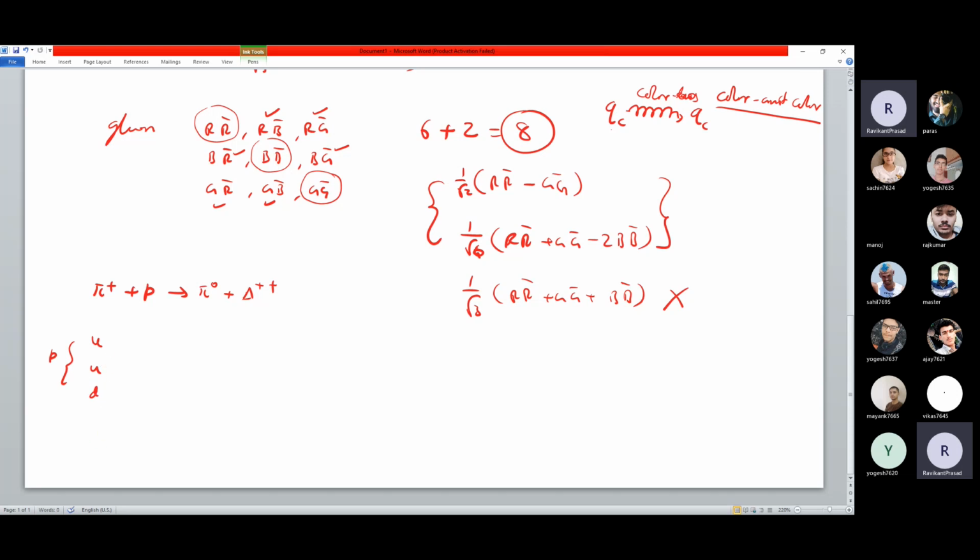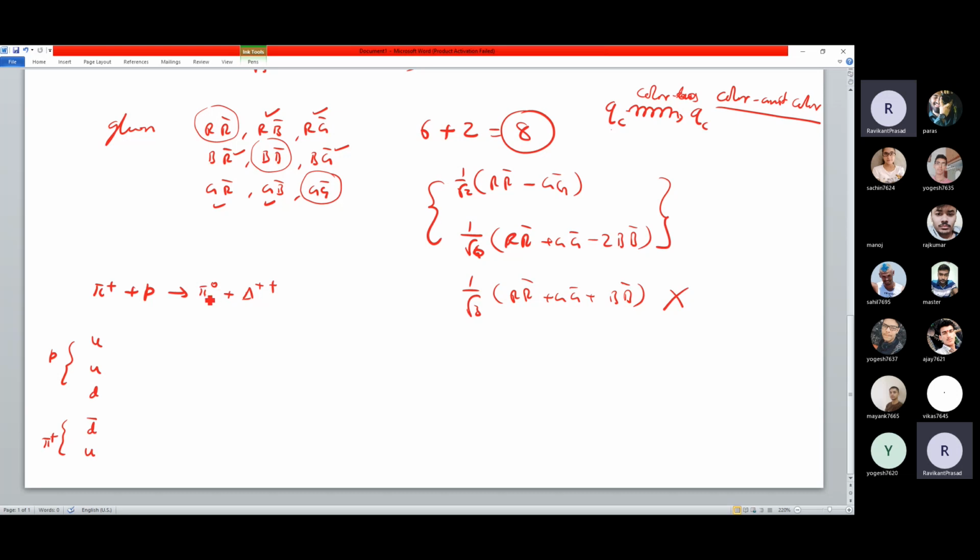I'm not writing the color. I'm just writing the flavor only. And the pi is made up of D bar and U. चेक करना, पीछे होगा शायद कहीं पे, हमने जब ऑक्टेट बनाया था तो उसमें मेंशन होगा इसका क्या कॉम्पोजिशन है. एंड एट द एंड व्हाट यू आर गेटिंग